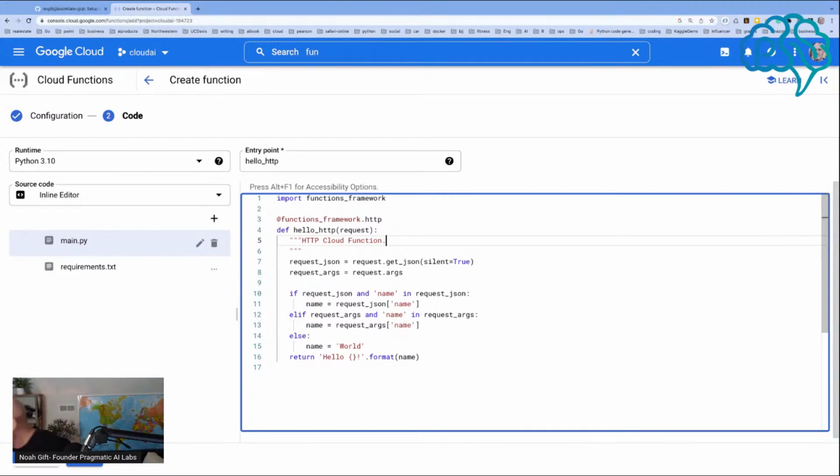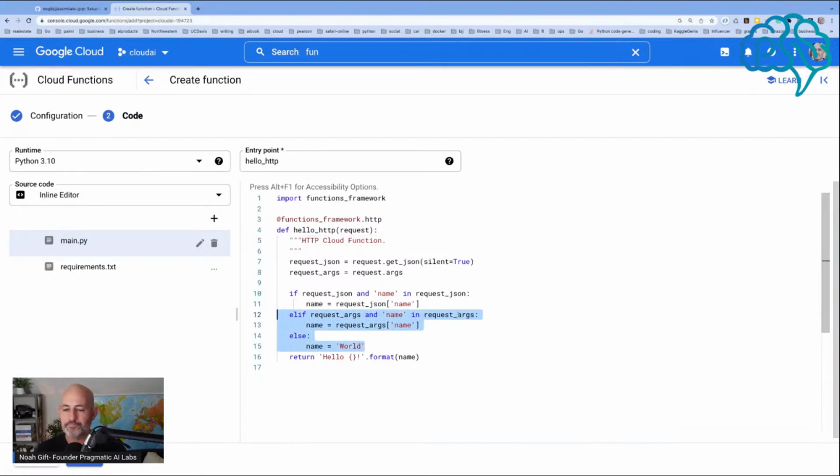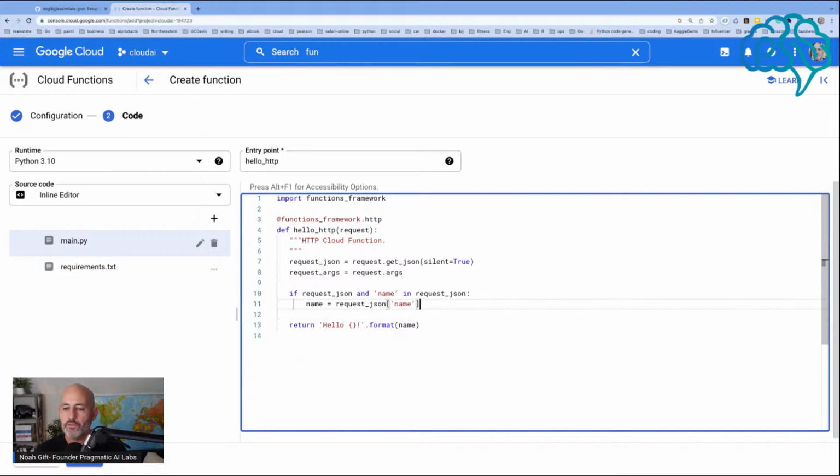So basically we have a hello world function here that we could play around with, but I'm going to tweak it a little bit because I want to pass in, I want to pass this in. I want to say basically if the name is in request body, well,